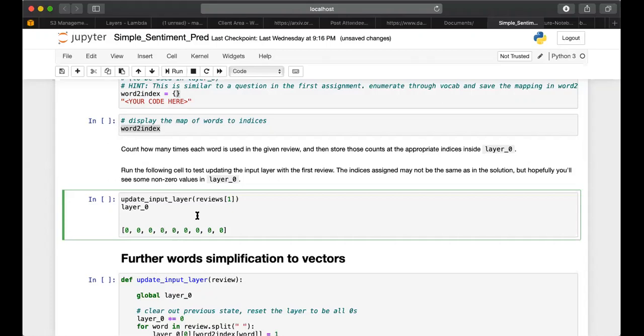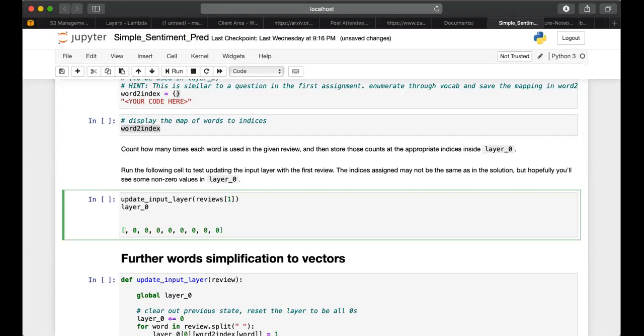Now, if we are passing a particular document through the model, either to train the model or to make predictions, wherever that word's index is in the NumPy array, we replace it with a 1. So if the document has the word D, you replace it with a 1 here.